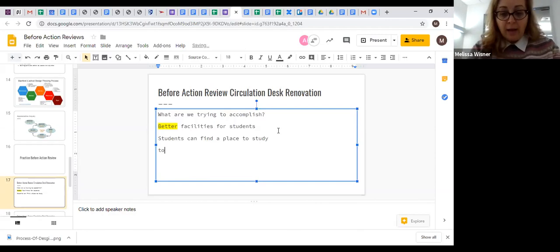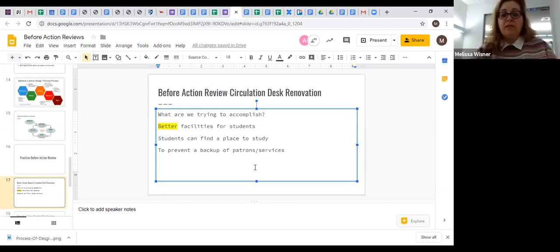So to prevent a backup of patrons and services. And again, this isn't just a one-time meeting. You're getting all this, and I know it's a hypothetical, but I'm excited about the information because it's just a perfect example. You're getting all this really rich information to act on in larger ways to prevent a backup of